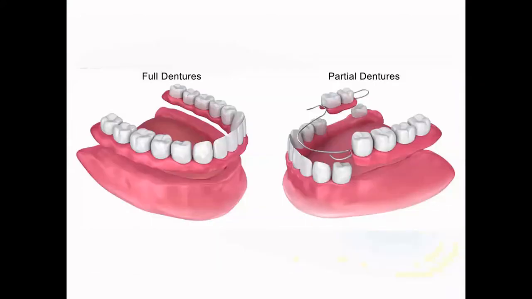How do we replace the missing tooth? If it is a completely edentulous region where we miss all the teeth, we go for full dentures, and if it is a partially edentulous region, we go for partial dentures. In this, we have a fixed type of dentures and a removable type of dentures. In this picture, we see the removable type of dentures, which are placed over the alveolar mucosa and anchored with the adjacent teeth.